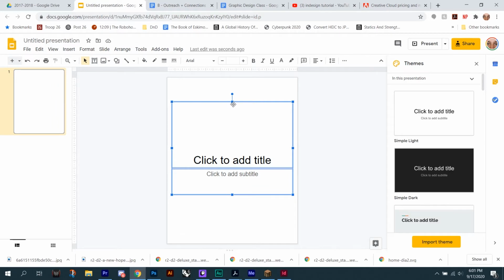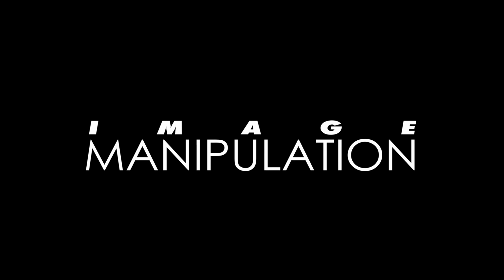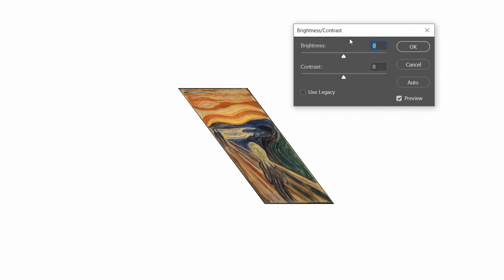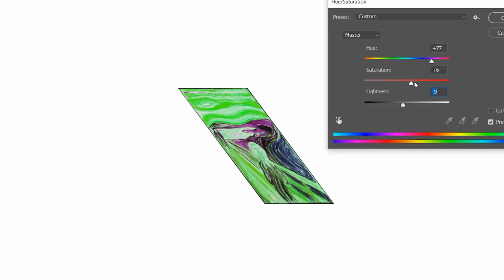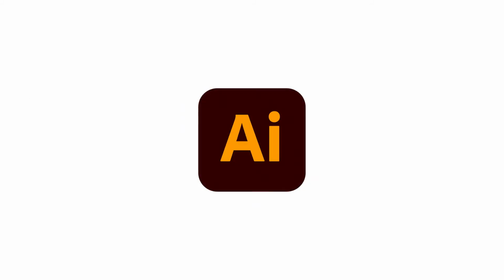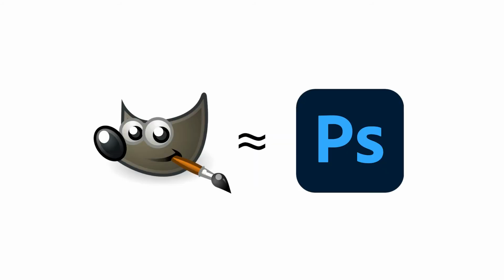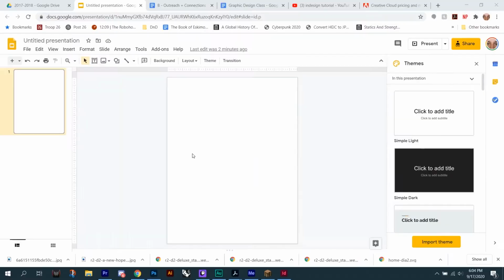Another software consideration that I want you to make is that you will need some type of image manipulation program. These are the softwares you'll be using to create all of your diagrams, icons, logos, and photo montages. For those of you who have access to Adobe Creative Cloud, you'll be using a combination of Photoshop and Illustrator. However, I want to go over a couple of free alternatives you can use to do basically all the same stuff. GIMP is a free software which is very similar to Photoshop and is all around useful in terms of